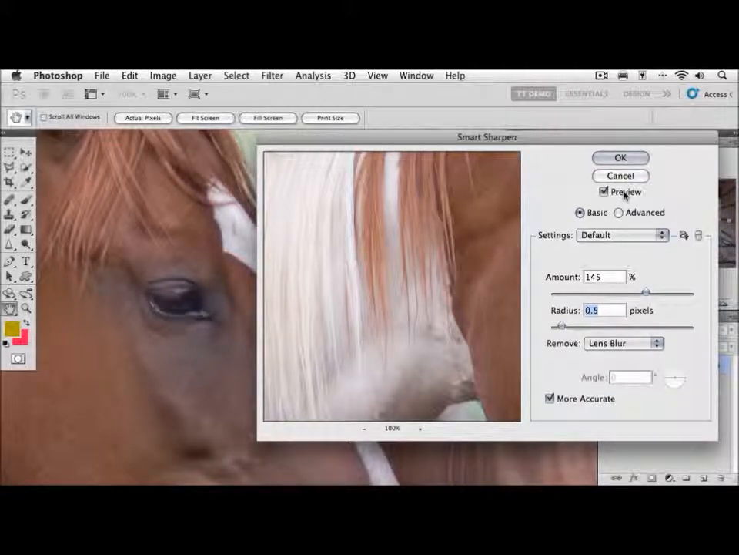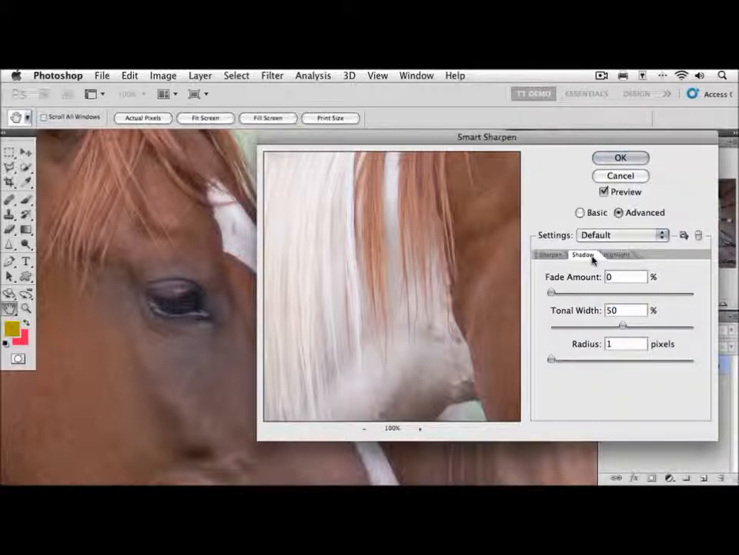There's no sharpening. Here's our sharpening there. Now we're going to turn on the advanced radio button here, and this is the magic of Smart Sharpen. So far we've set a global sharpening value that affects the entire image, but now we have shadow and highlight tabs, which means that if I click on shadow,